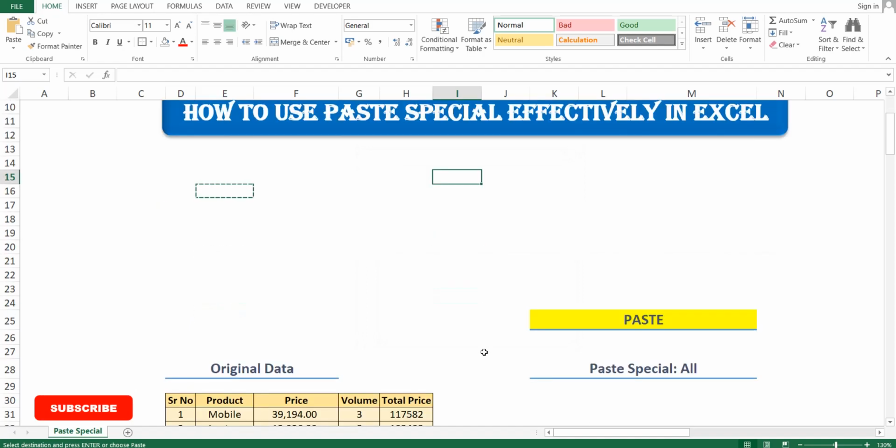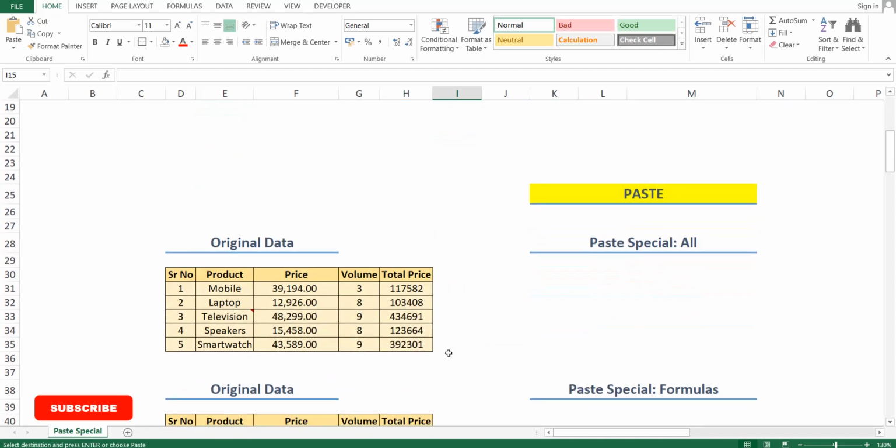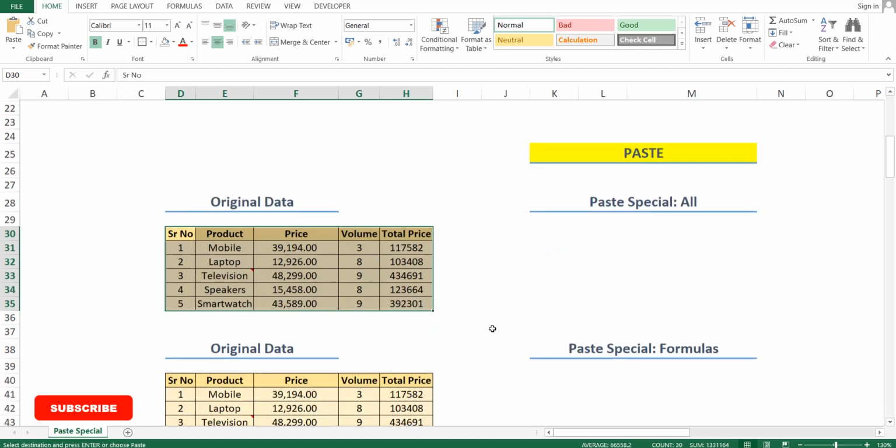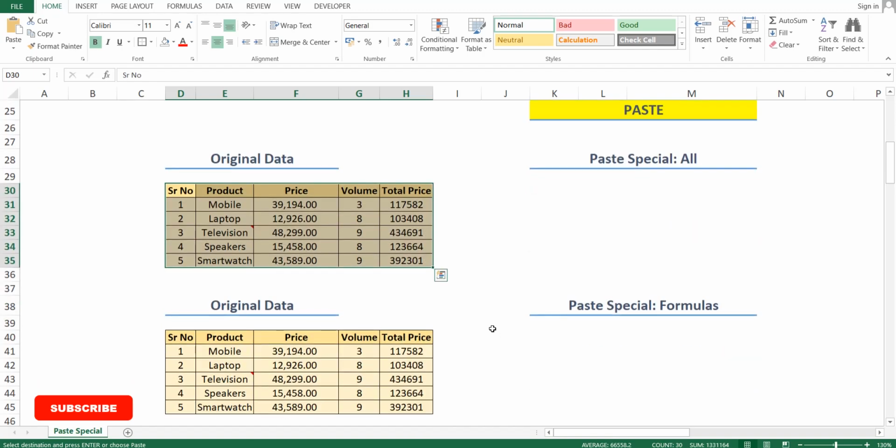But before this explanation, let me explain the original data which I have already prepared, so that we can save the time which we do not want to spend in the creation of the data. This data is for the products mobile, laptops, television, speaker and smartwatch.